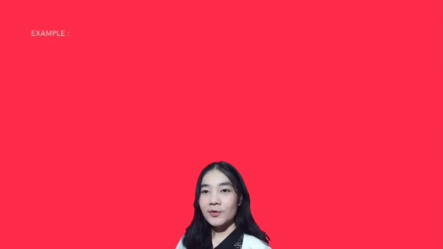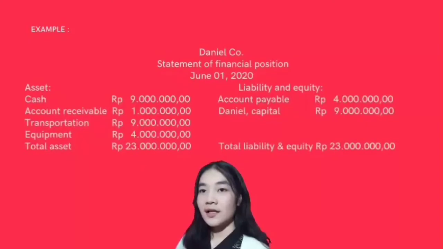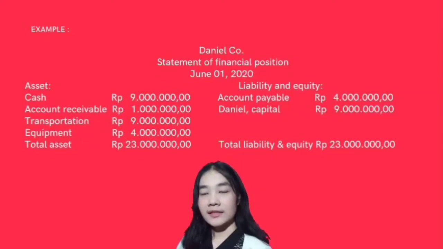Example: Daniel Corporation Statement of Financial Position, 1st June 2020. In assets, there are cash 9 million rupees, account receivable 1 million rupees, transportation 9 million rupees, equipment 4 million rupees, and total assets 23 million rupees. Then the liability and equity: account payable 4 million rupees, Daniel Capital 9 million rupees, and the total liability and equity